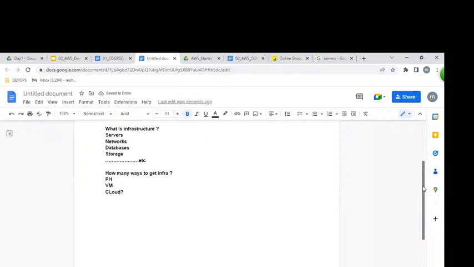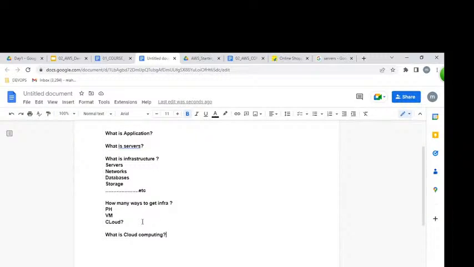But what is cloud computing? My question is very specific. What exactly is cloud computing? Listen very carefully. Remote placed resources, like remote placed computing power, if you can access them over the internet from your laptop, that is nothing but cloud computing. So what is cloud computing? Remote placed resources. If we can access them over the internet from a laptop, that is cloud computing.